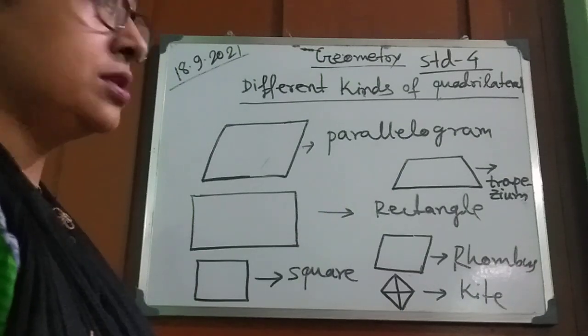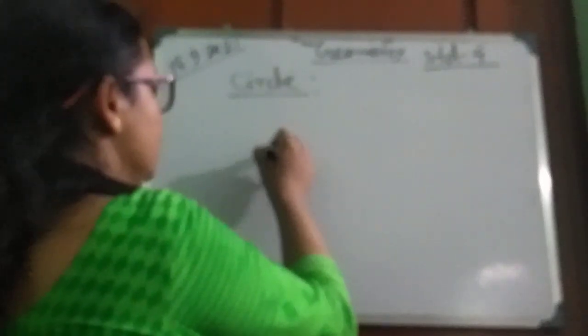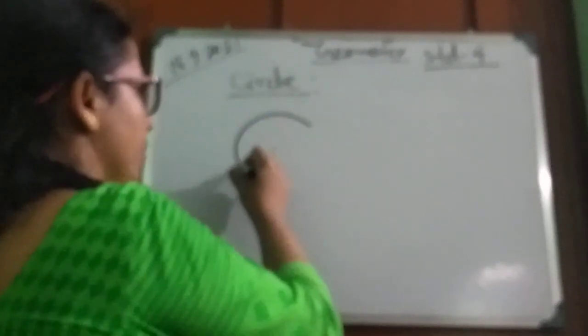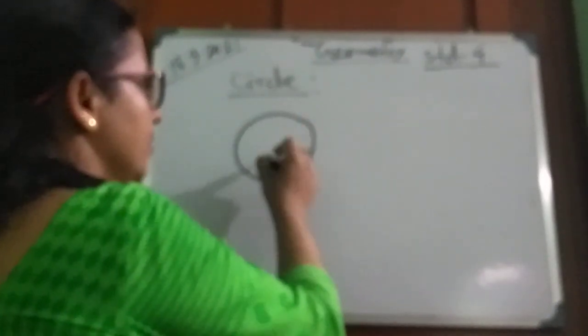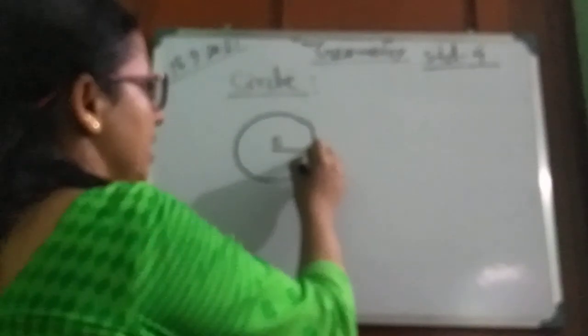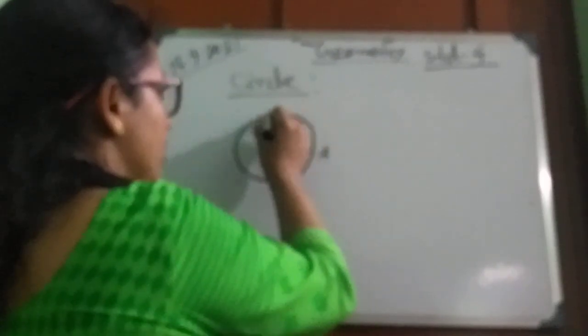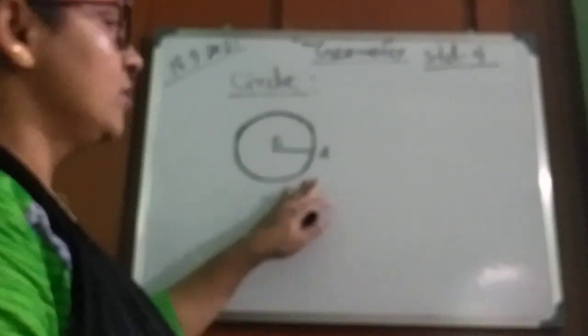Now I will talk about the circle. A circle is also a closed figure, but it is a round figure bounded by a curved line. So this is a point and there is another point. This point is moving around this point, keeping a fixed distance. If you call this C and the point here A, it is moving around the point C in a curved path and making one circle.